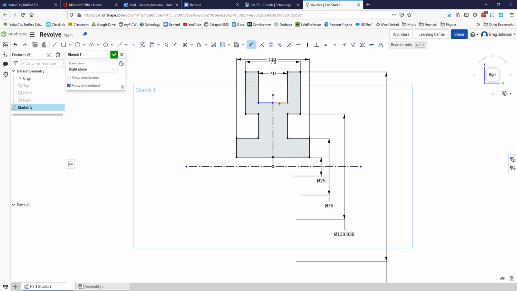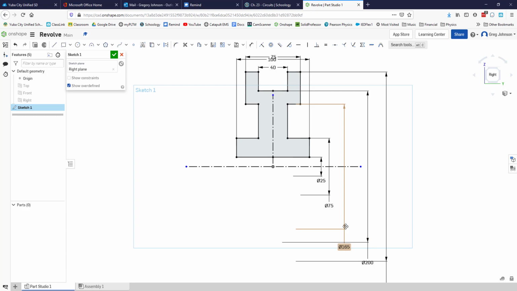Then I'm going to do this one here, and that's 200. And then I'm going to double click on this one. I'm going to hit escape to get out of the tool, double click on this one to make it 165. There we go. Okay, so if all said and done,